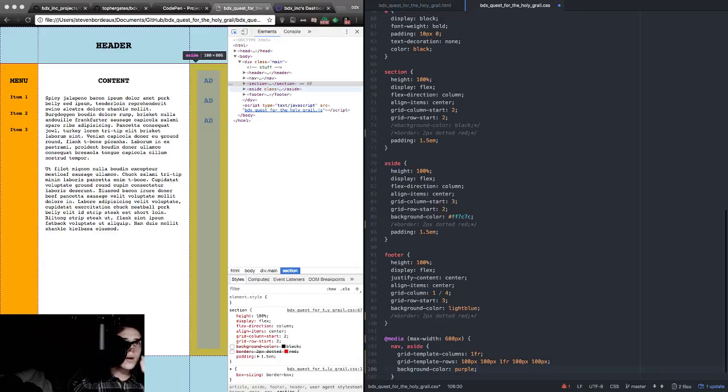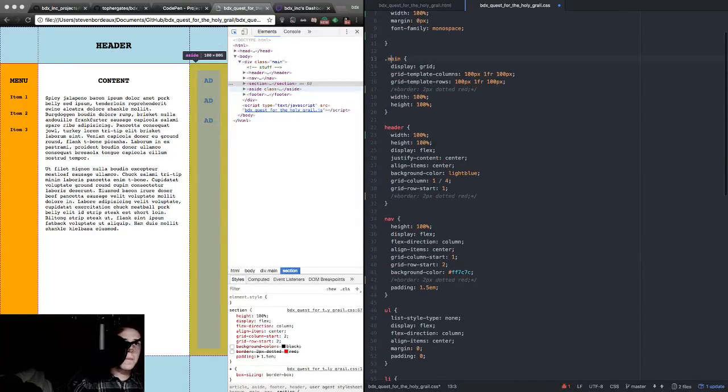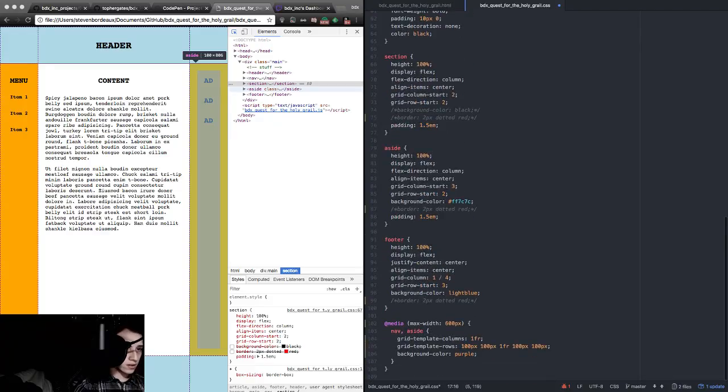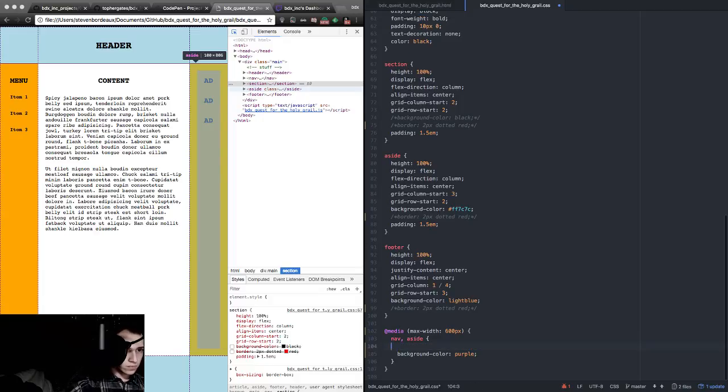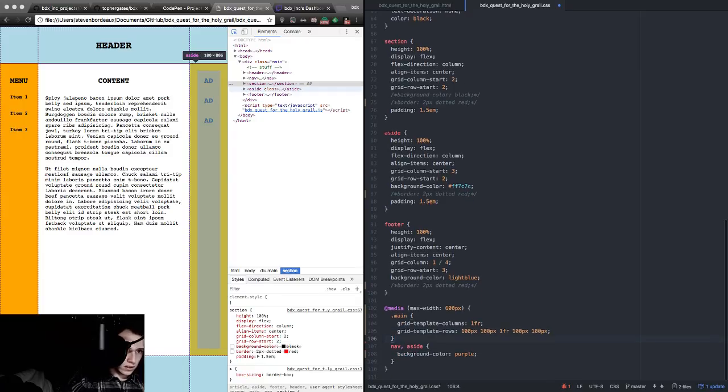No. Why doesn't that work? It's because we need to adjust main to have that. And right now we're currently adjusting nav. So we need to actually take this and set it in main. But we can move nav and aside, but main will be updated. That's better. And then following that,